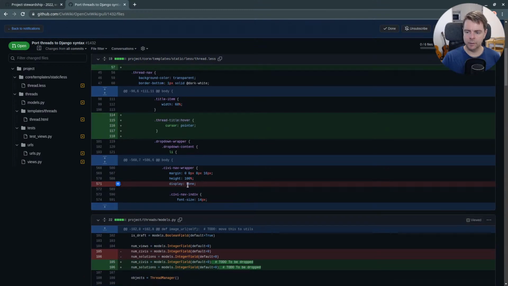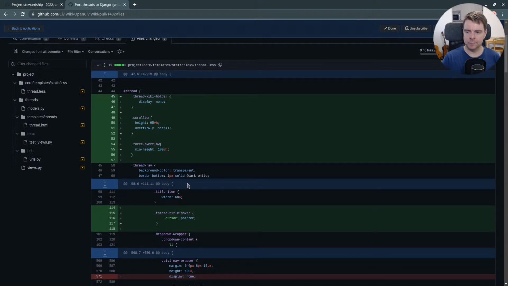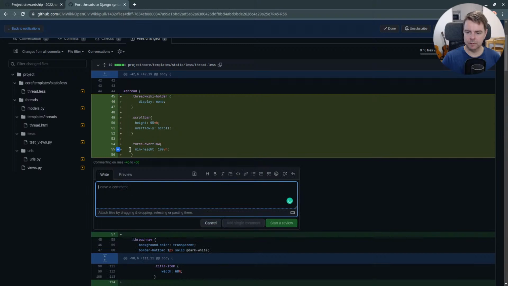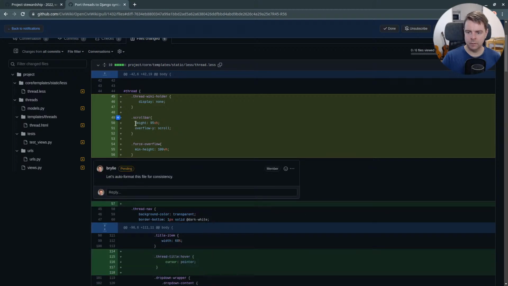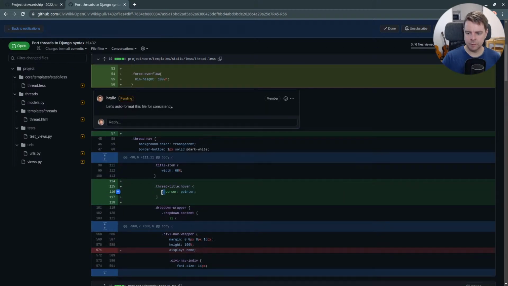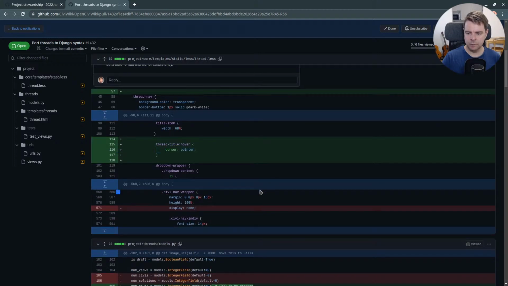There would be a lot of, you know, 2 spaces versus 4 spaces.